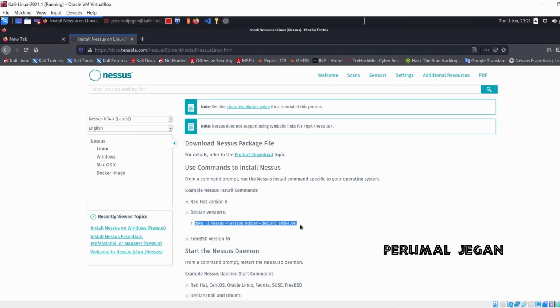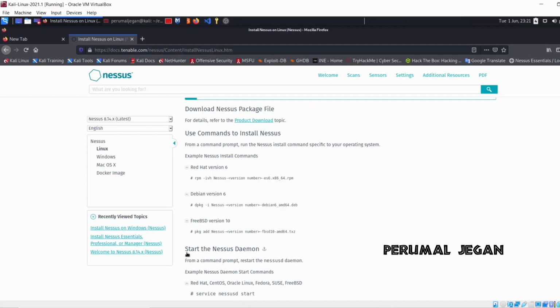Okay, so you have to wait for some time while Nessus is installing its plugins. I'll explain what plugins are, but before that, patience is a must. And the next step is starting the Nessus daemon. Before explaining this, let me tell you one thing. Nessus works in a client server architecture on your machine.